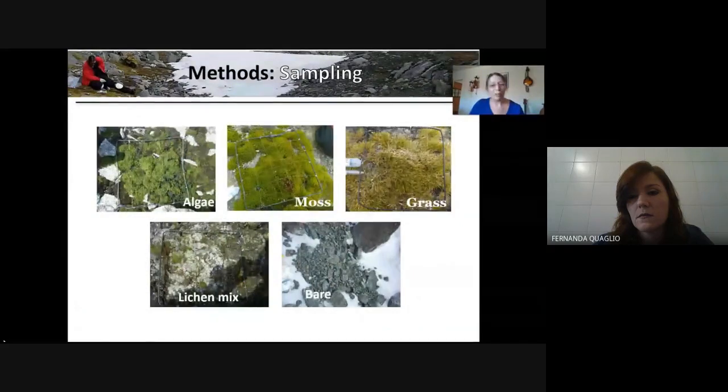At each site, we sampled soil from beneath 5 different cover types. We sampled beneath algae, which was usually Prasiola, moss of various species that dominate at particular sites, Antarctic hairgrass, lichen growing on usually a mix of dead organics, and bare soil as kind of a control. At each site, we took 5 soil samples per cover type, but at 5 of the sites, we did what we call high-intensity sampling, where we actually took 20 samples from beneath moss, grass, and bare soil to be able to do more in-depth statistical analyses.